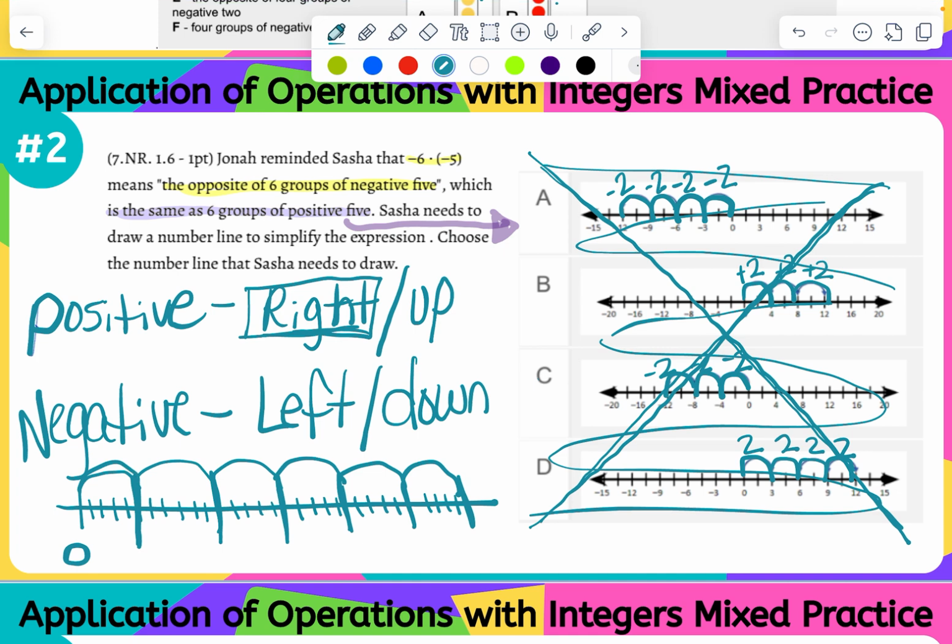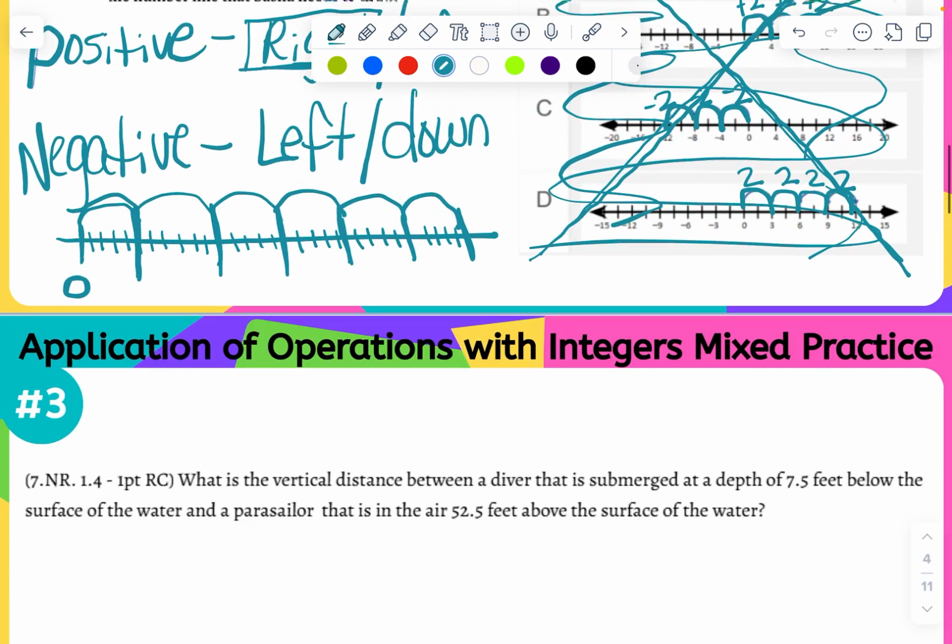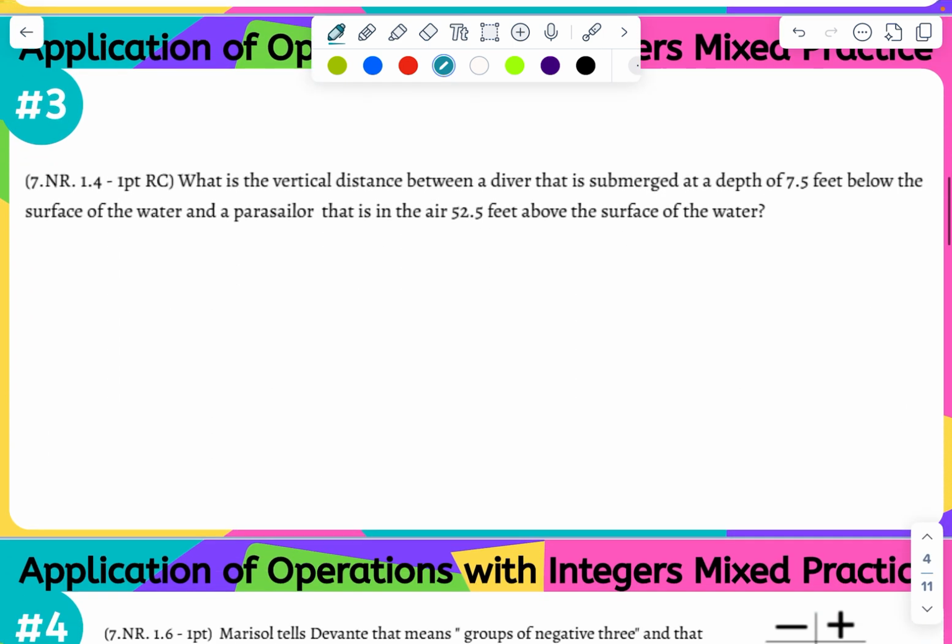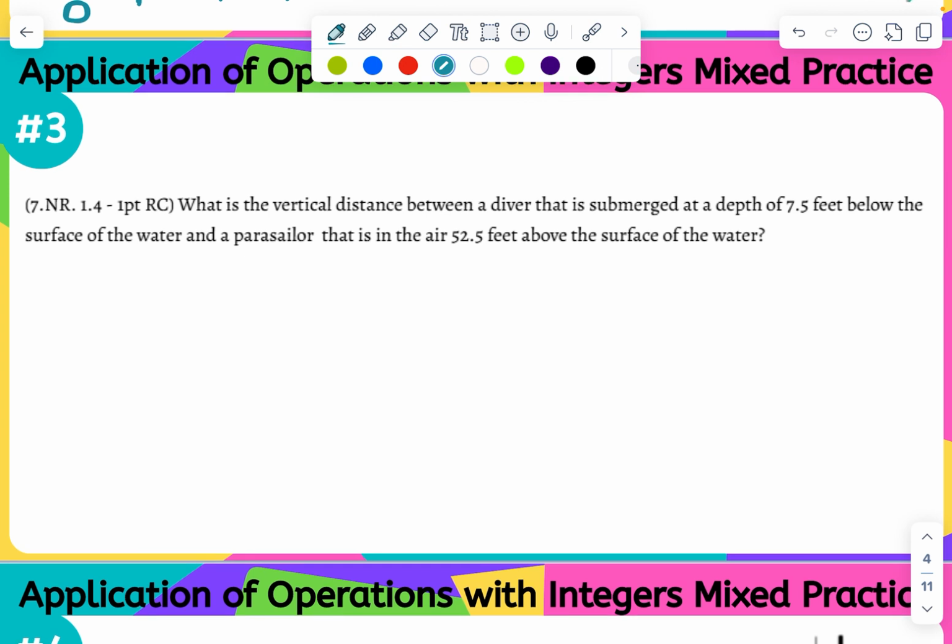Okay? That's what we needed to be looking for. These number lines don't match that problem. But we needed 6 groups of positive 5. I apologize. I'm so sorry. And I'm not starting this video over and doing it again. I had a student today talk about me editing. I don't edit. We just go with the flow. So,